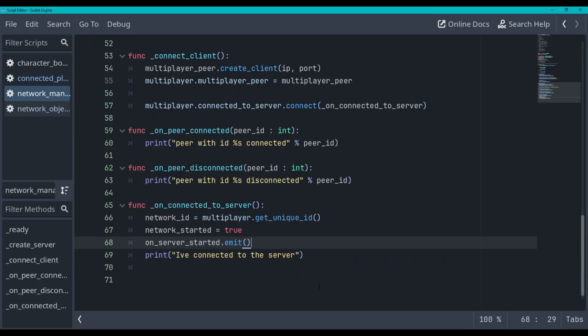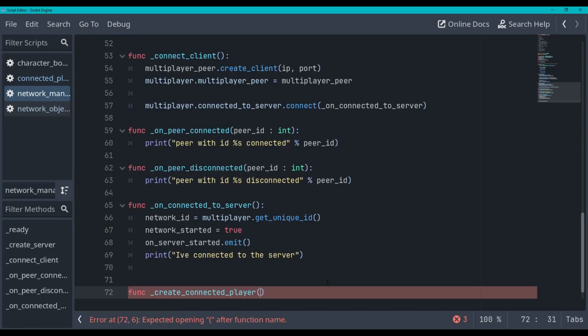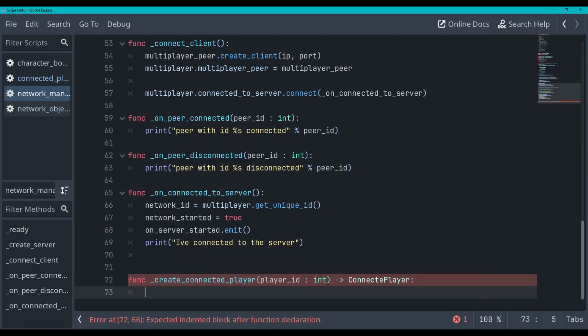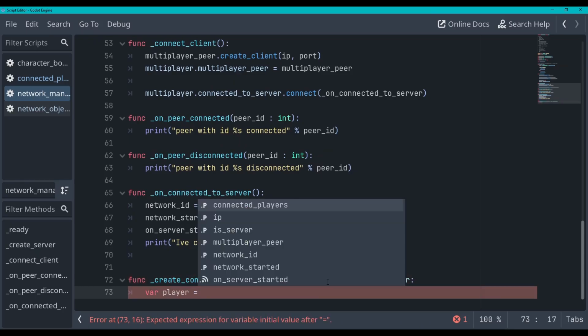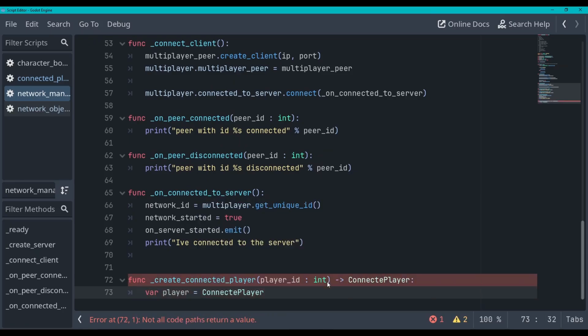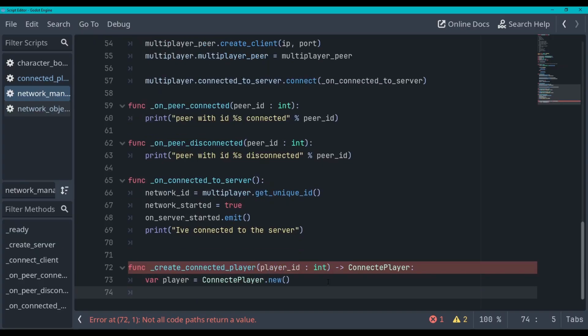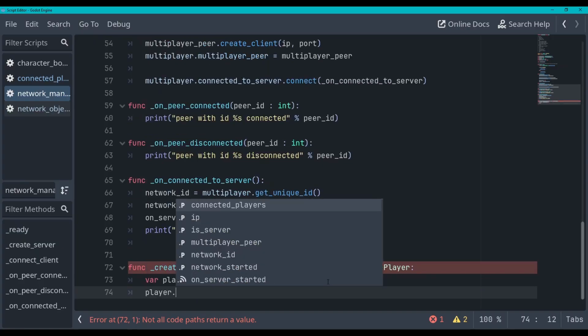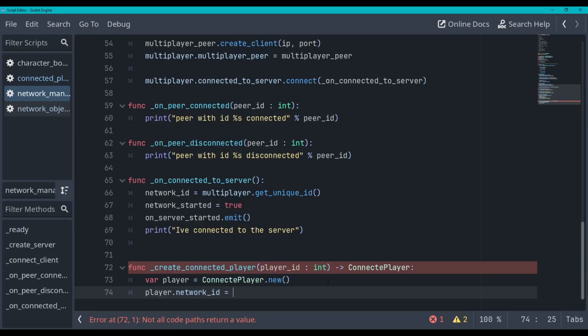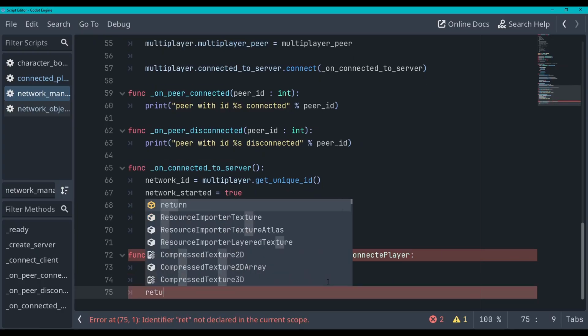Now we need to make something to track those connected players. So I'm going to make a helper function right here. I'm going to call it create connected player, and this is going to take in a player ID of type int, and that's it actually. And this is going to return a connected player. So I'm going to make a variable player equal to connected player dot new, because we're going to make a new one for the new connected player. We're going to go player dot network ID is equal to player ID,